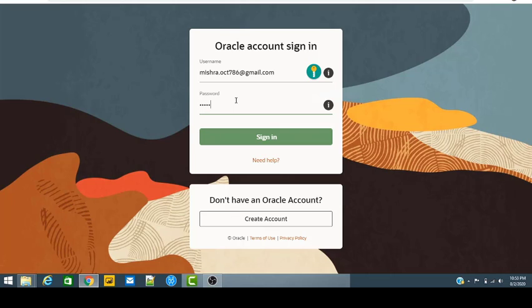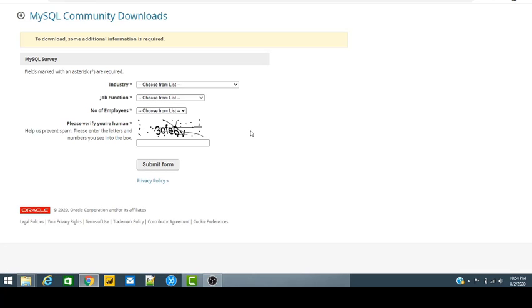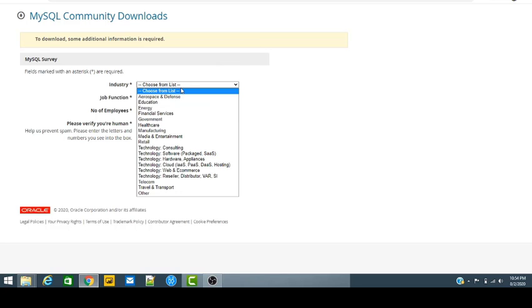After login we got the download file. So this will take time. This is some information we have to fill up before downloading. So first is industry.